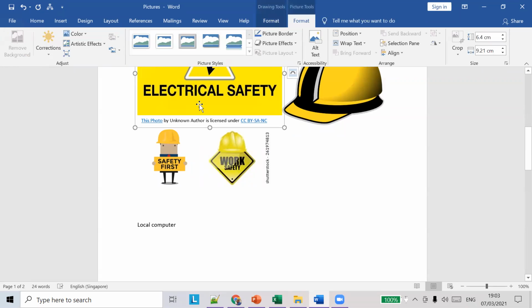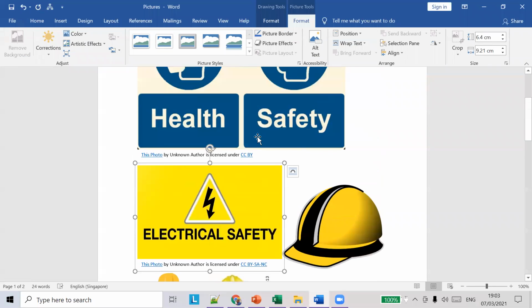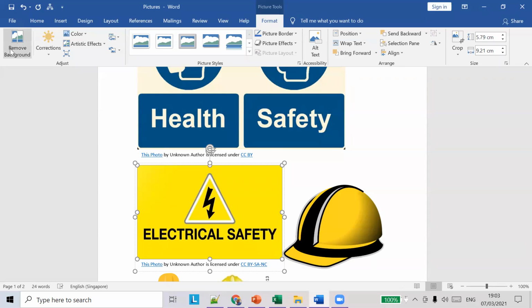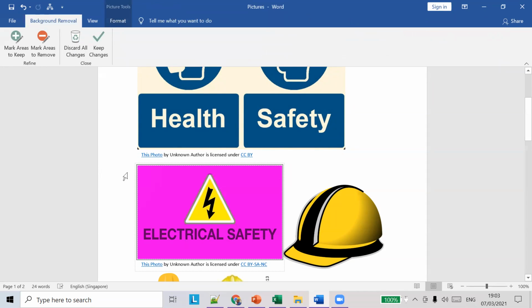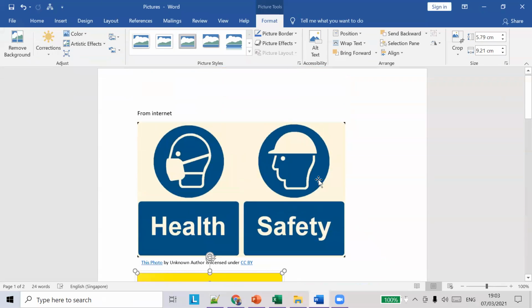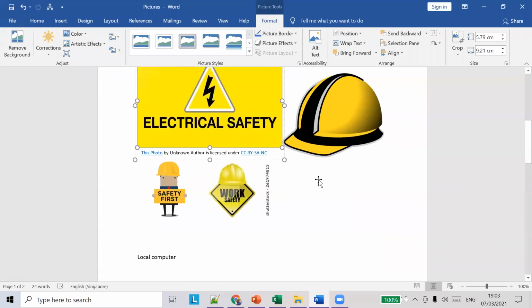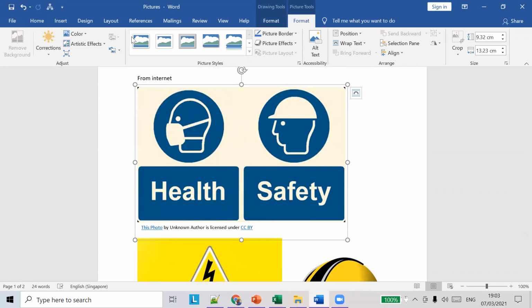I select this electrical safety picture, and we'll see all those formatting options one by one. Here there is something called remove background. I think it will remove the background color. The background color is yellow, right? So click on it, and it will remove the background color of the picture. It changed to pink.